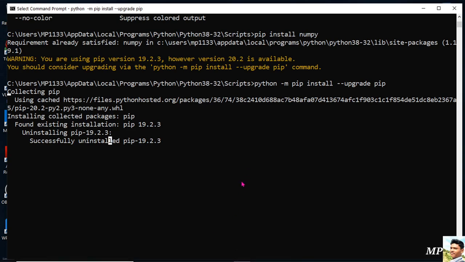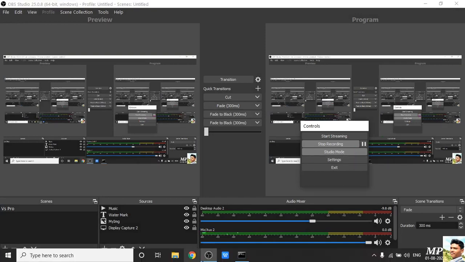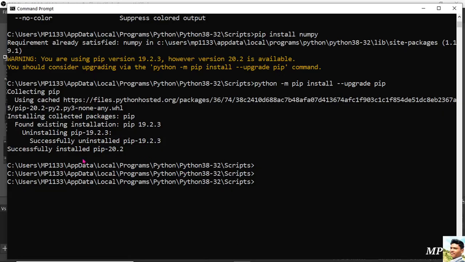I am pausing the video here, and when it is successful, I will show you. Okay, here I got Successfully installed pip 20.2. This is the latest version, and the existing one I was using was pip 19.2.3.